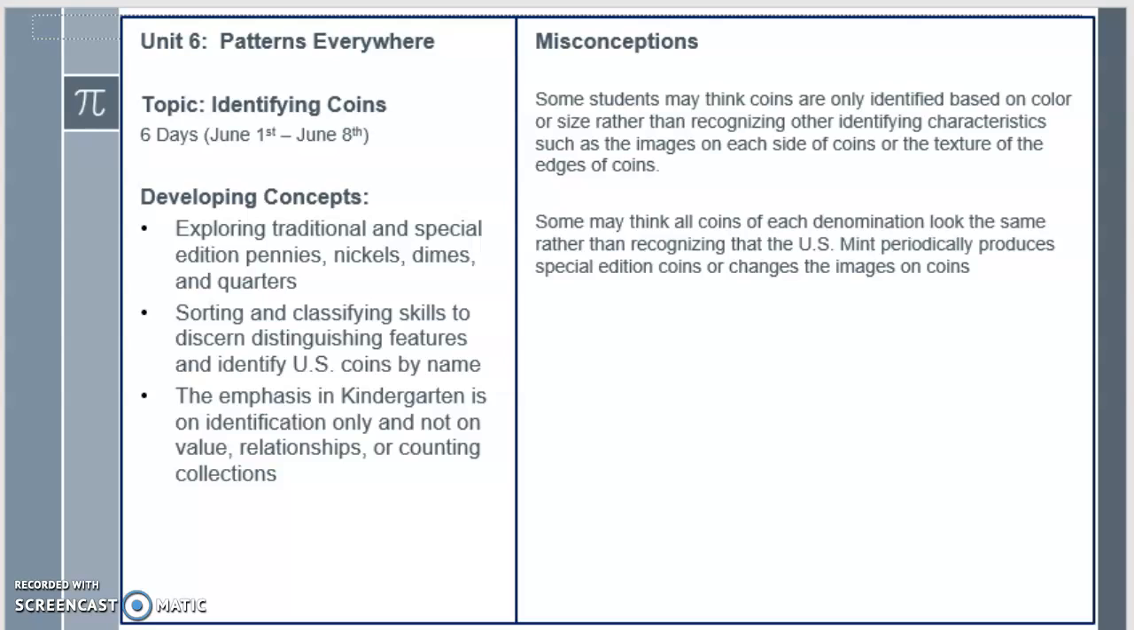Some developing concepts would be that they're still exploring traditional and special editions of those. We have the nickel, the regular nickel, and then the buffalo nickel, right? So making sure they can sort and classify those by discerning those distinguishing features. The emphasis here in kindergarten is on identification only and not on the value relationships or counting them, just knowing